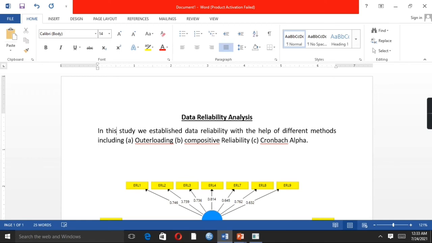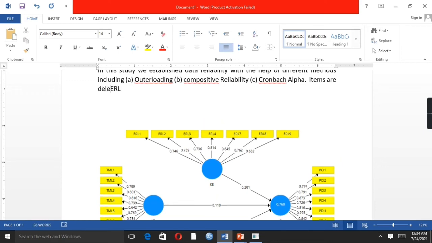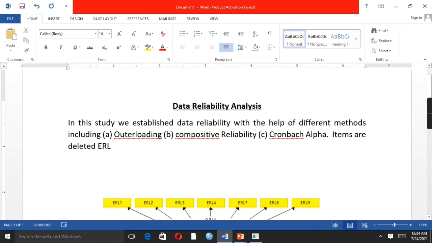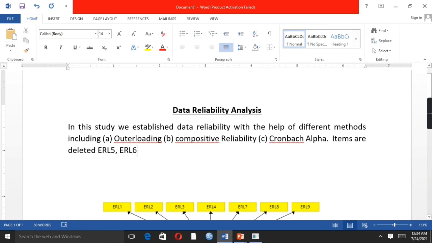Mention all those items that we have deleted. So in our case, we deleted the items ERL 5 and ERL 6, and ETL 1 and ETL 4 as well, because these values do not lie within the acceptable limit.